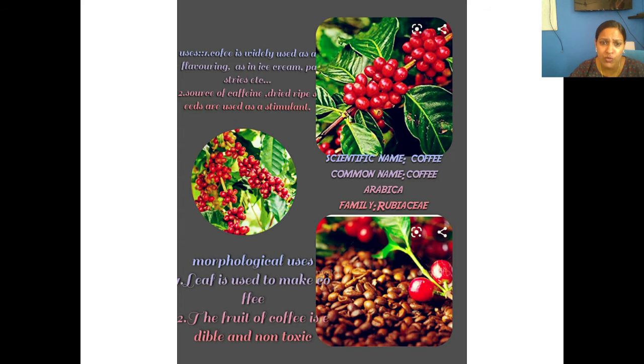And next comes the famous thing, that is coffee arabica. It comes under the Rubiaceae family, and in coffee arabica, caffeine is the basic component, an alkaloid that is present, and it is the seed that has been crushed. The dried seed of the coffee is crushed, and we get the coffee powder. It is a main source of caffeine. The dried ripe seed has a very important quality, and it is used as a flavoring agent for many things. It also has good commercial application.